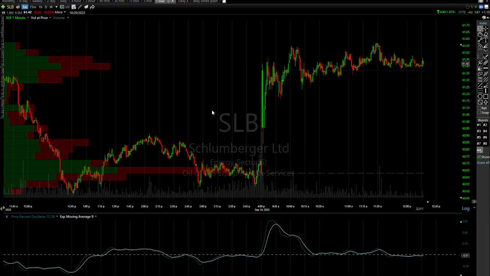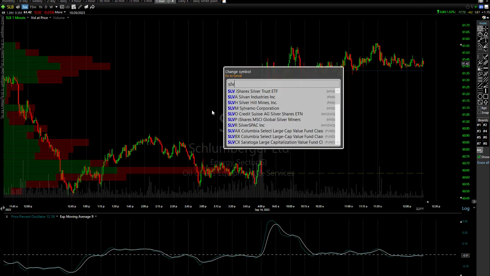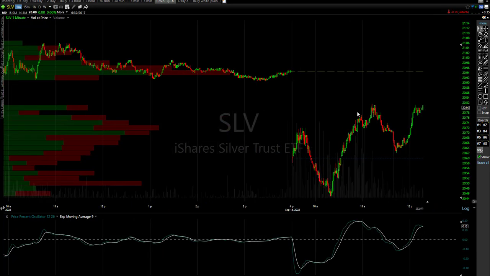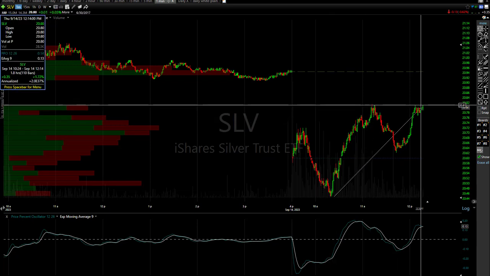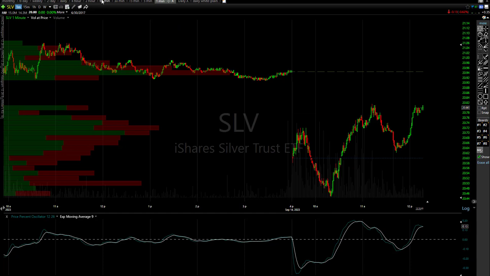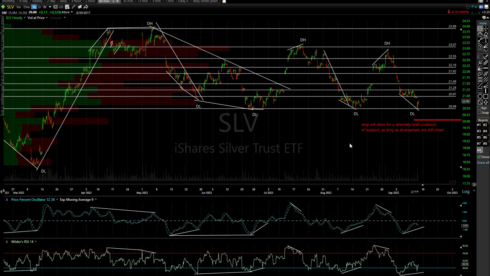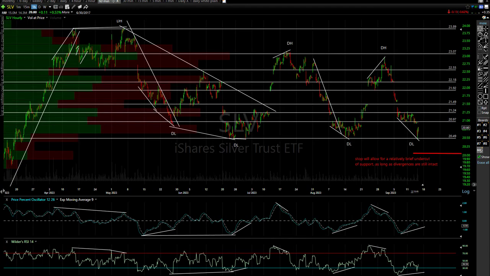That's not silver, that's Schlumberger. My keypad's not working. There it is. So it's been moving up nice. I think I fired that one off to you right here in the morning, and nice turnaround. So it's up a couple percent. And again, more so this. You gotta love this chart. It either works or it doesn't work out. Again, I don't get married to anything, no matter how good a chart looks. I gave you my